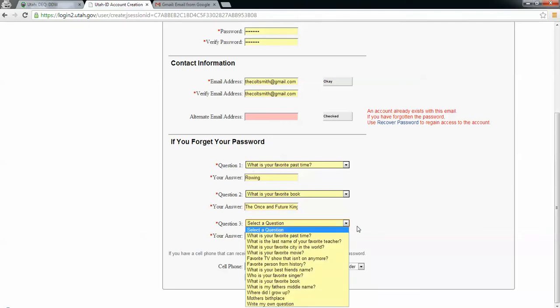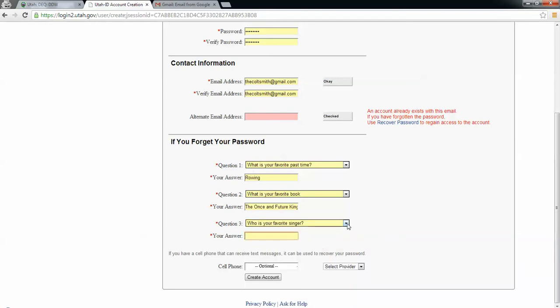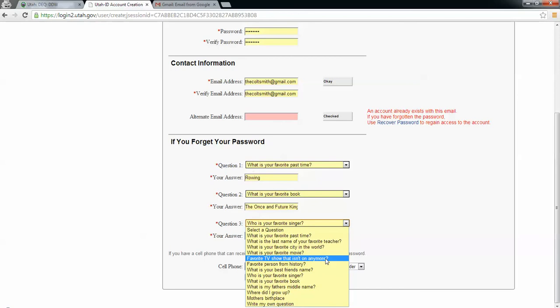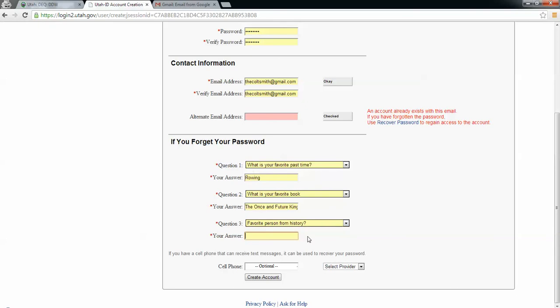If I was to put in who's my favorite singer? That's another good one. Or I could do favorite TV show that isn't on anymore, favorite person from history. We can do favorite person from history, and I can go ahead and I will put in Hemingway. If I wanted to put in a cell phone, it could text me either a password or a lost email